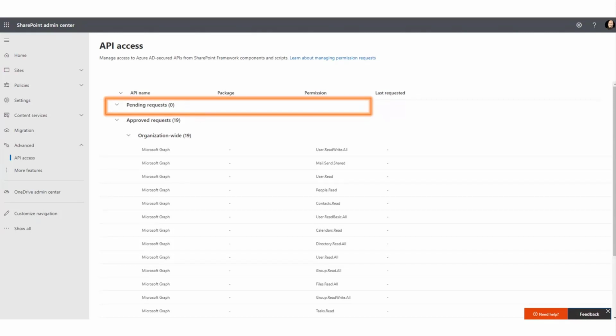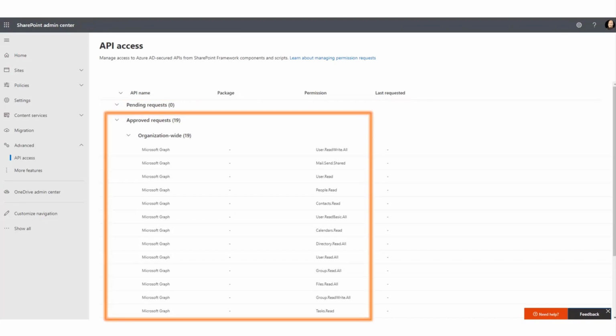But that's pretty much all you need to do to use a web part like Joao's or your own. Let's show you here. These are the API requests that are made by the web part. Now, in Joao's sample, he's only accessing the calendar stuff. But if you want to use the full extent of the Graph Toolkit components, there are a few more requests that you would make. I would recommend you only make the API requests for the things that you'll be using.